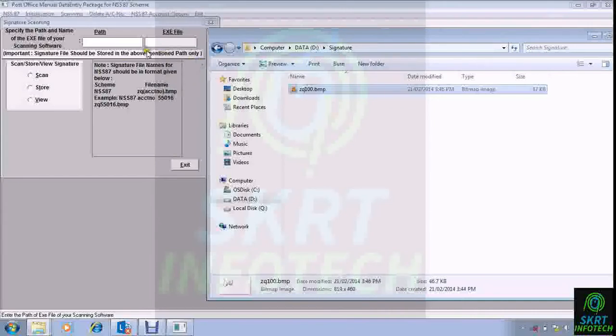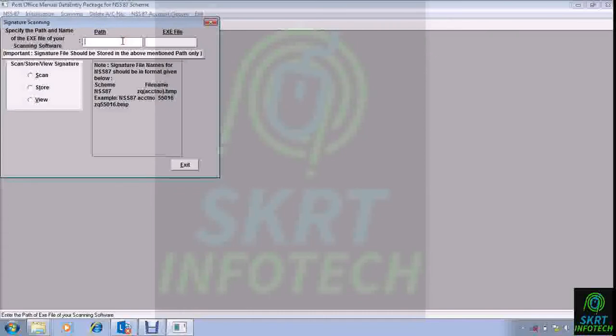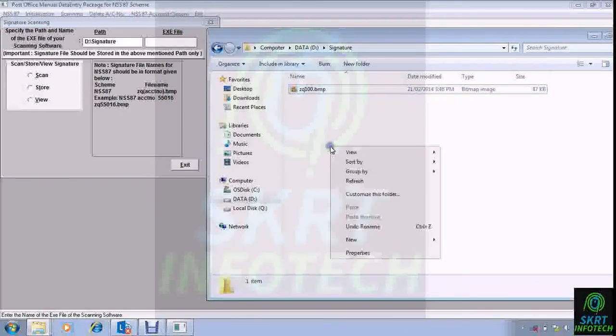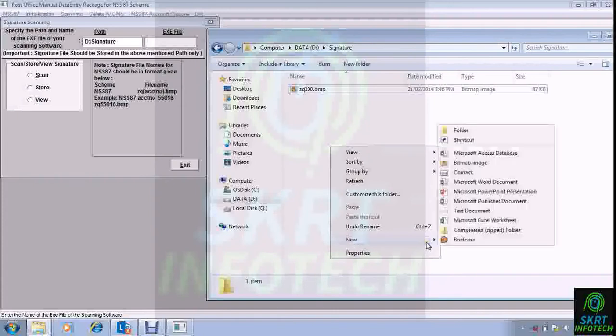And what we'll do now is we'll give this particular path here, copy address as text, Control V. Now the signature folder should have a text.bat, that is an empty batch file.